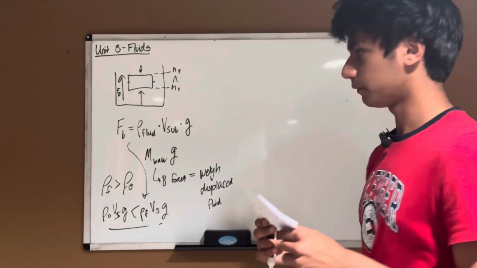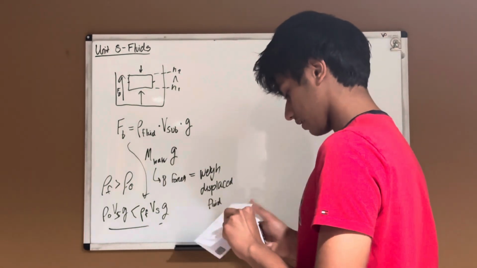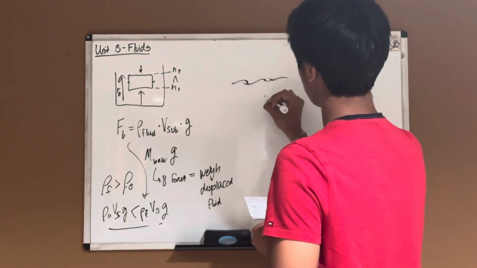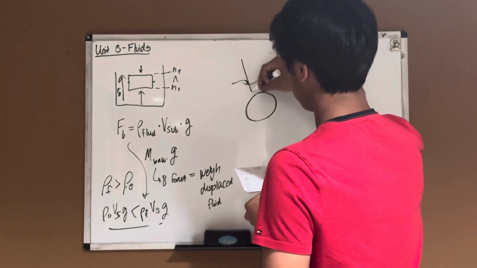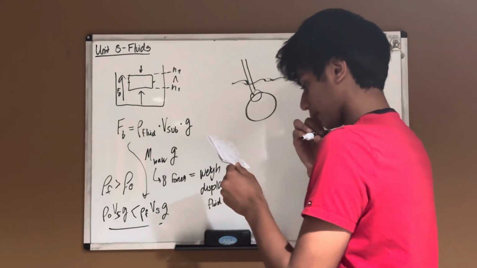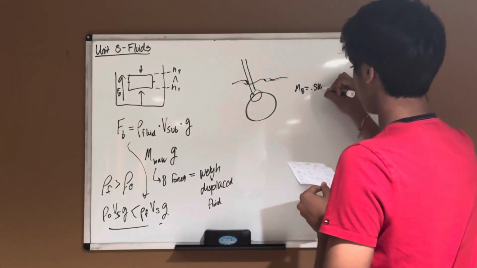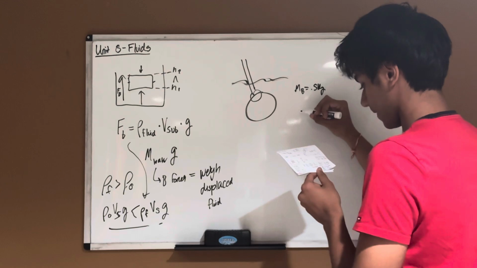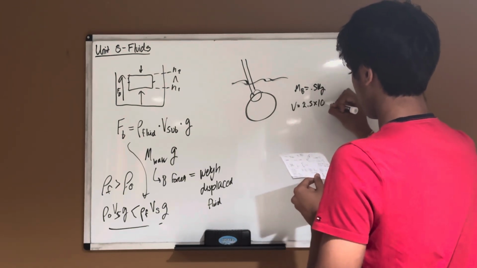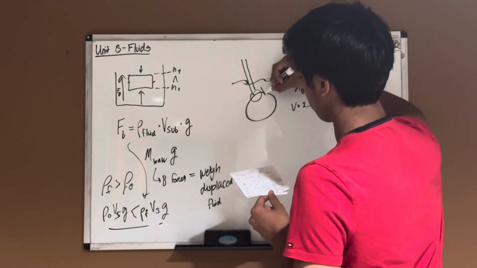Okay, so let's try a quick problem with buoyancy. Let's say that we have a beach ball in the water, and a guy is pushing the ball down. Okay, and so the mass of the ball is 0.5 kg. The volume is 2.5 times 10 to the negative 2, and we're looking for the force of the hand. So we're looking for FH,